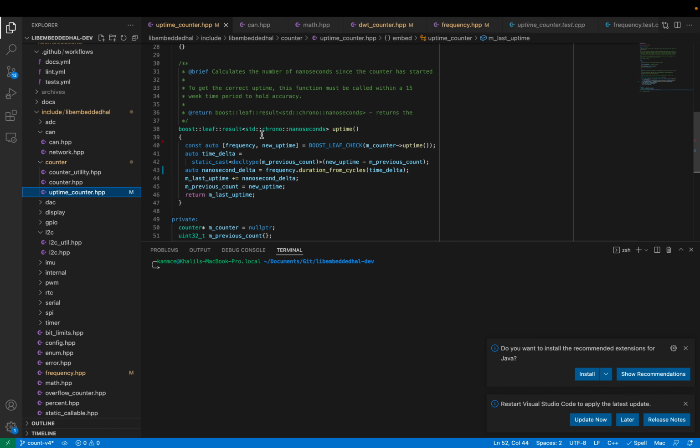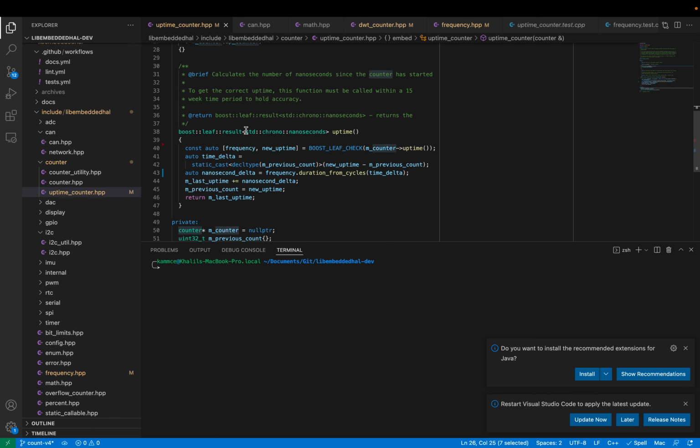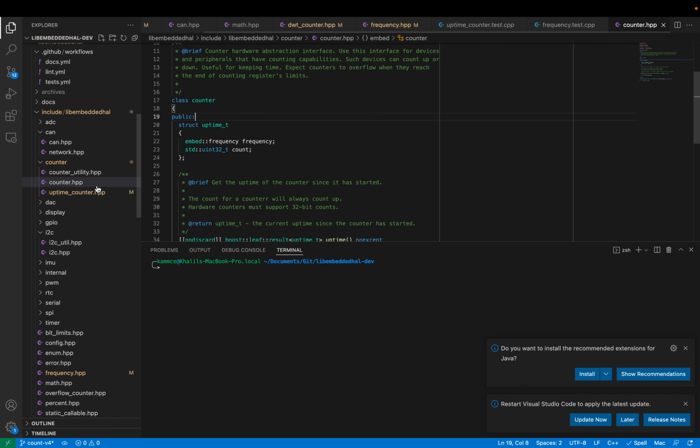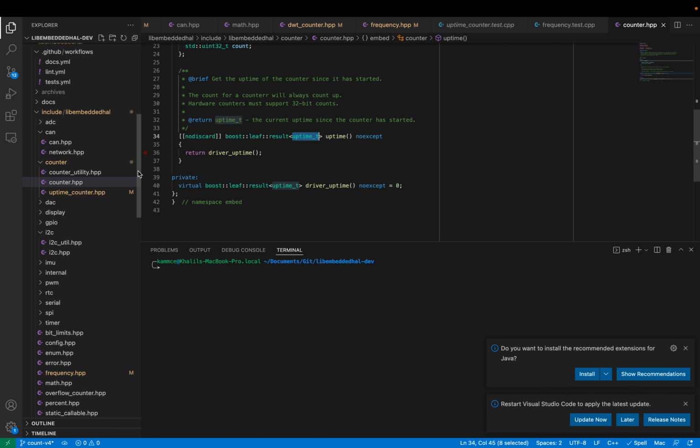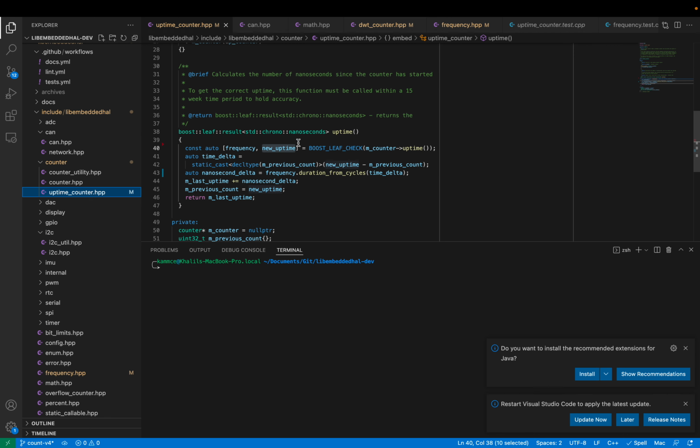Yeah, so for uptime, we have this new implementation of an uptime counter. You give it a counter, and it basically will return back nanoseconds. What it does is it gets the up count, and the up count now comes with the frequency and the uptime, rather than just having them be separate functions. Because really, that's all you need out of this: what the frequency is associated with that count. You don't really need a separate API to get back frequency. It's almost always just returning some local variable. So I'm returning them both at the same time.